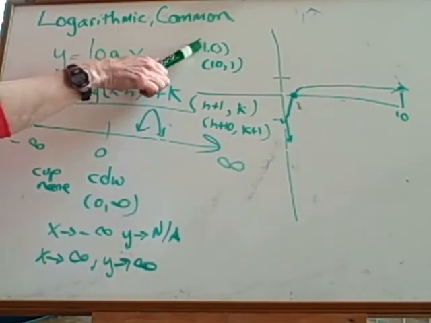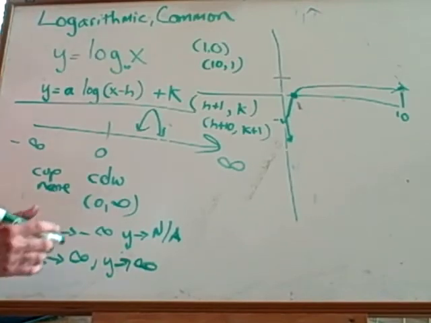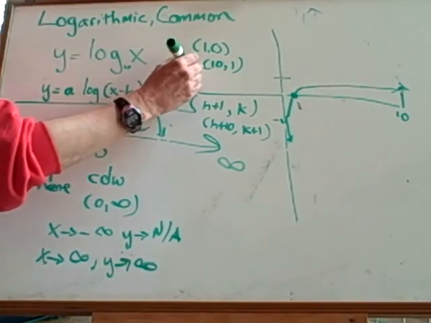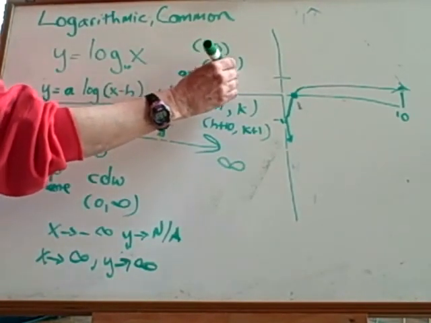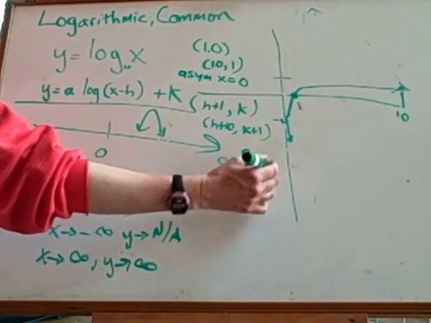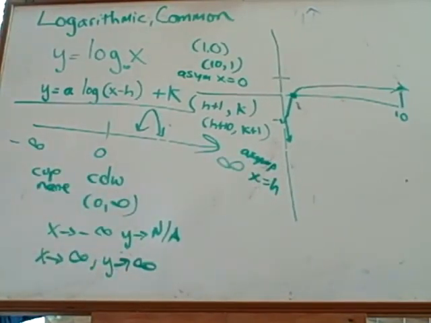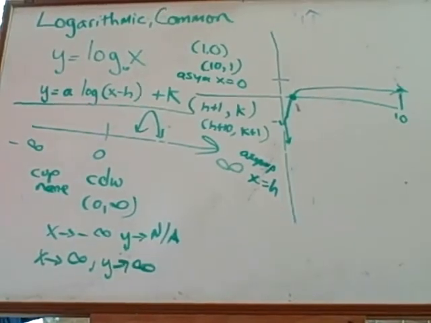So it's basically these two points, only you add h and k. The other thing you need to know is that the asymptote is not going to be at x equals 0, it's going to be at x equals h. Are we good to go on that one? Sweet. Okay, now we're going to head over to